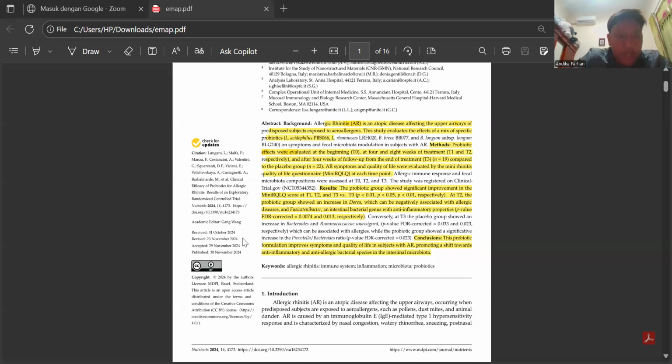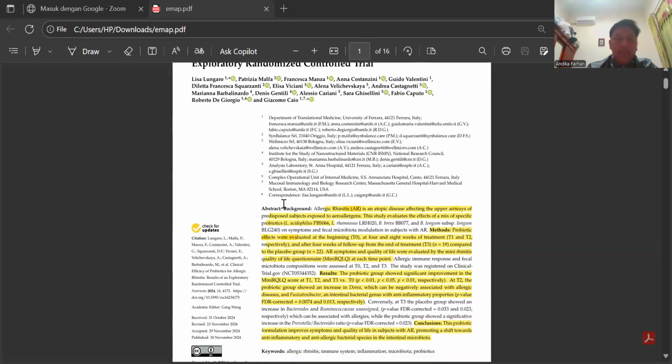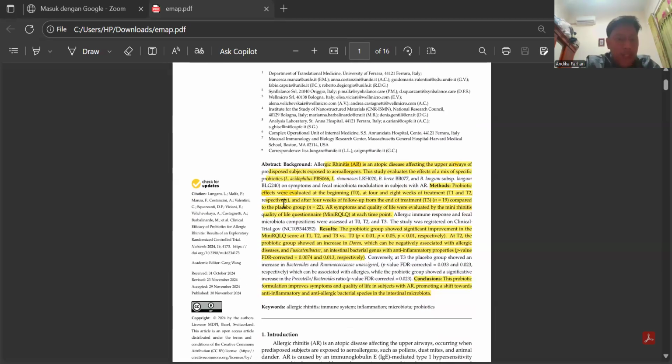Okay, let's start with the title and abstract. Item 1A, the title clearly identifies the study as a randomized controlled trial. Item 1B, the abstract is structured and includes detail on the trial design, methods, results, and conclusion. So in this section, the article performs well.